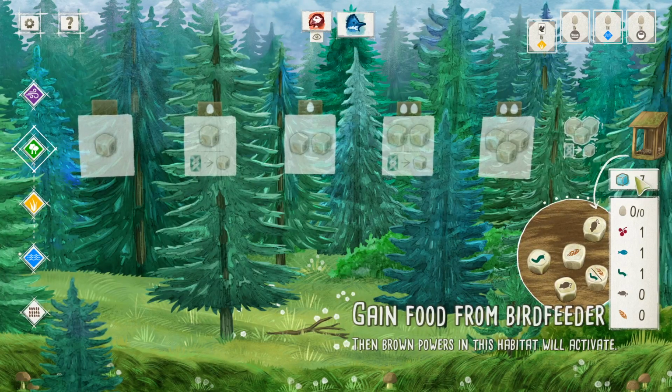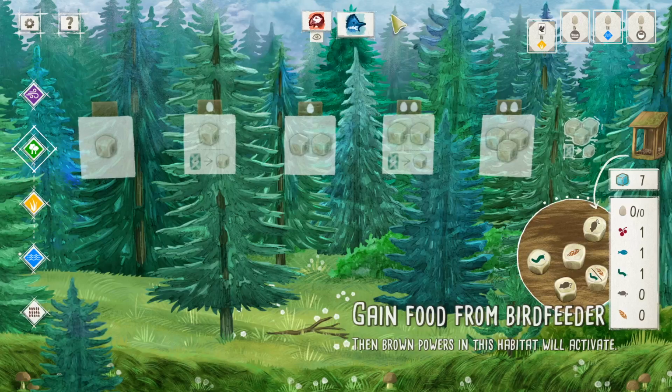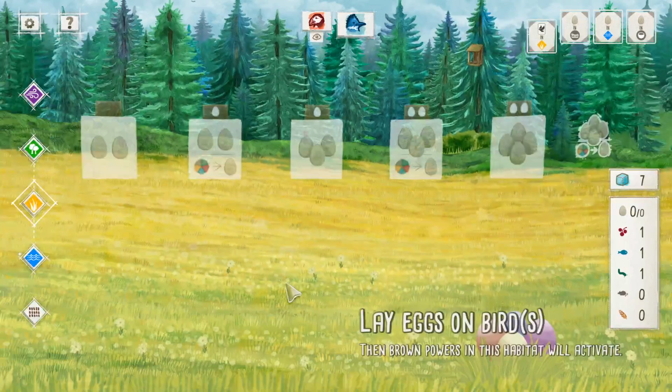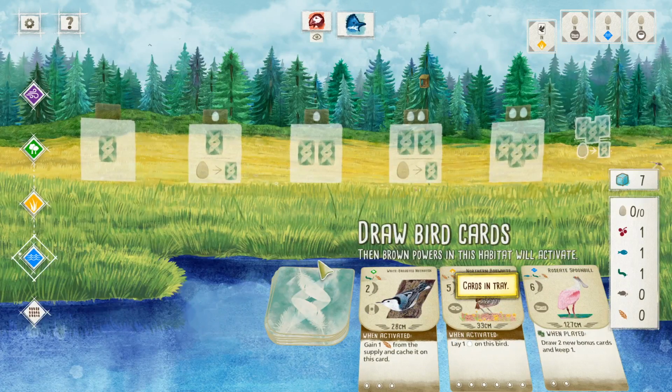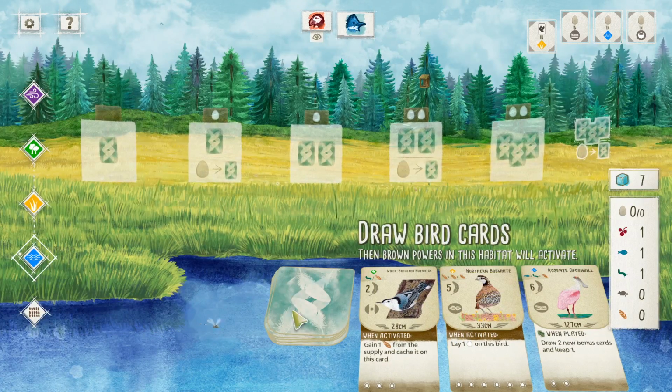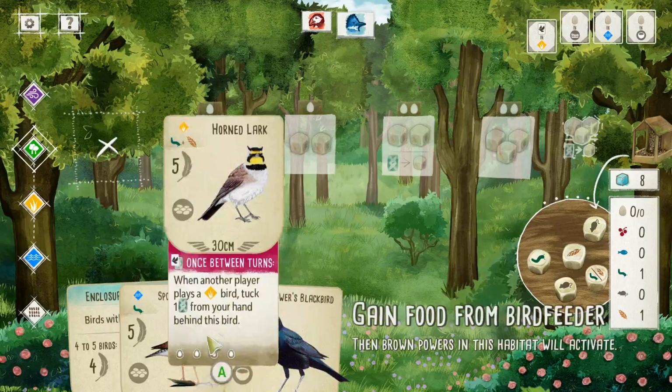Or no, he has 7 left, so he must have used it on something. Is that indicator telling me? No, that's just I'm looking at him. I'm just trying to understand what's happening in the game is all. It doesn't look like he took food. He couldn't have laid eggs. I guess he could have drawn a card, because I can't tell how many cards he has, but it seems weird to do that first. Anyway, we want to...